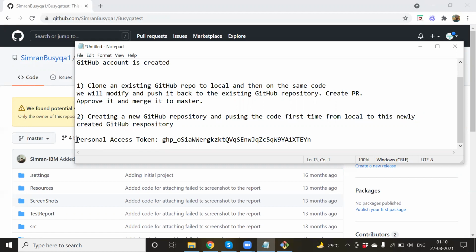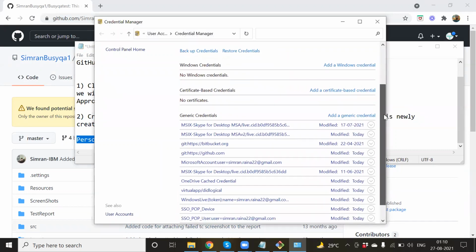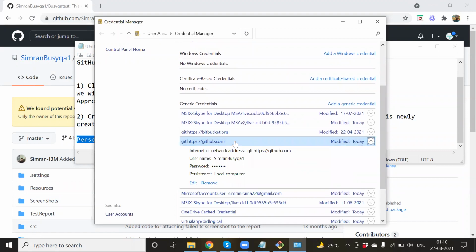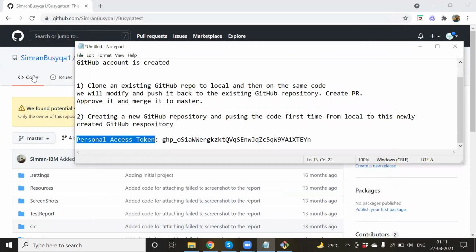Maybe in the future we'll not be able to use this access token, because now if you go to your credential manager, you're able to see it will store the information actually. You see here I've deleted earlier, but now you see Simran BZQA1. This is this account user. Earlier it was a different account user, with a different authorization, permission and password, and now this one is different. If I don't remove this information, which is kind of a cache in the memory of my local system, it will not prompt me again while pushing the code to the same repository.